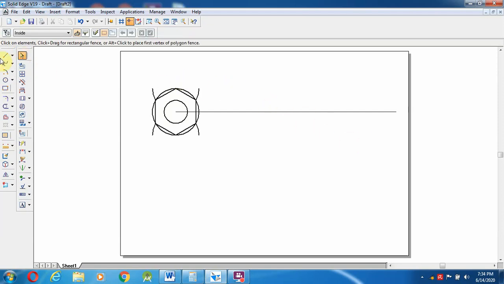After creating the circle I am going to make a line anywhere here. Okay, from the mid, 24 mm up, first I'm going to construct the front view of the bolt, sorry, the bolt head.